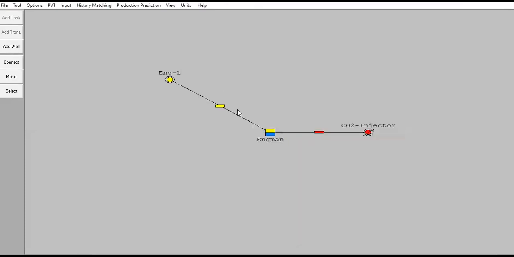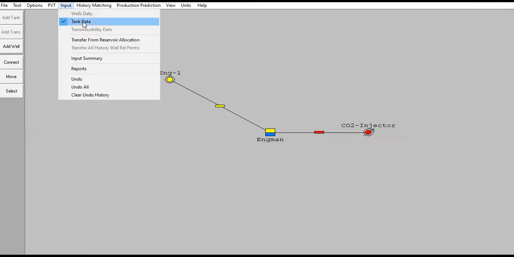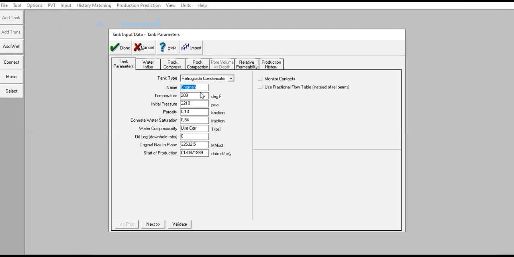Okay, so that will be the PVT section. And then we go to input, tank data. The name of the reservoir is Eng-Man reservoir. The temperature, assuming isothermal condition. Initial reservoir pressure, 2,210 psia, porosity 13%, connate water saturation 0.34, water compressibility, we use correlation, oil lag 0,